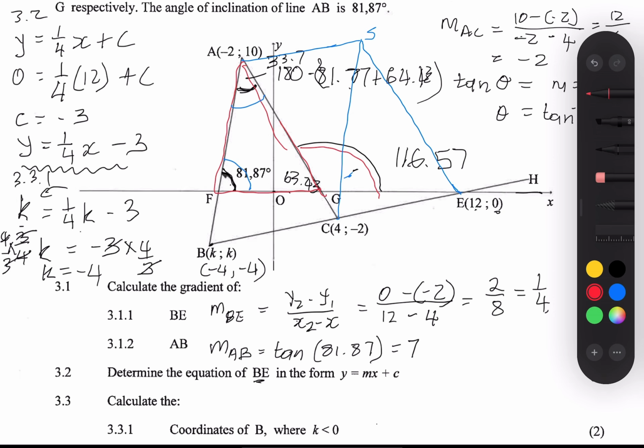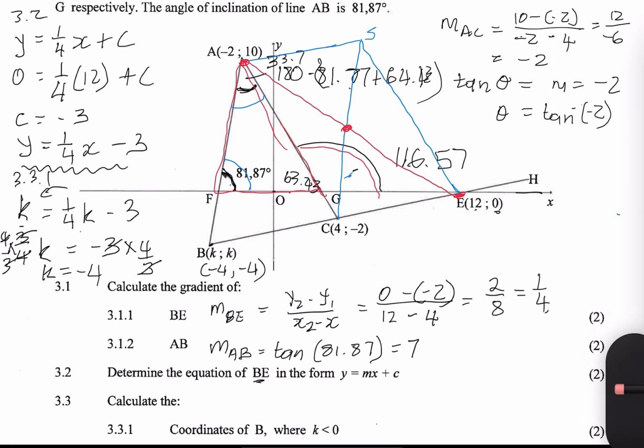Now remember that for a parallelogram, the diagonals actually bisect each other. So what I can do is find the midpoint of the line AE. In this case, that would give me the coordinates of the intersection of it. Now, if I use my midpoint formula over there,